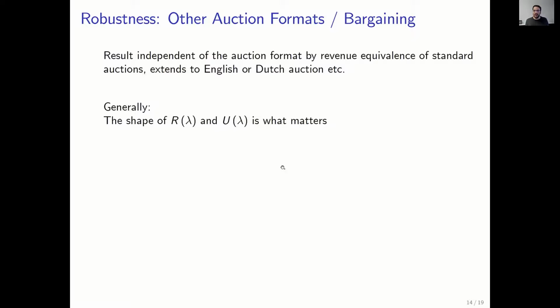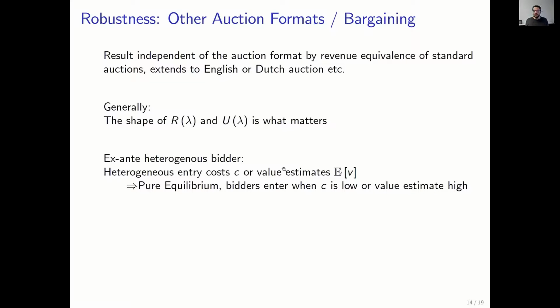Okay, so more generally, all the results that I've shown you, which are all relatively simple, do not depend on the actual auction format and solving exactly for what beta FBA is. They only depend on the shape of R of lambda and U of lambda. They depend on the shape of the revenue and the utility. In a sense, they depend on how the surplus is split between the buyer and the seller and how the surplus depends on lambda. That's what's important. So in principle, we can think about a more reduced form modeling of the bargaining here as well. And we can say if the R and U functions have these properties, then we have these results. And if not, then not.